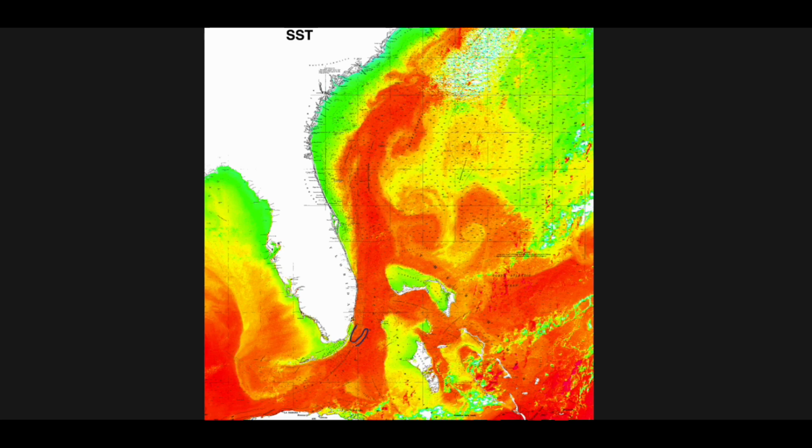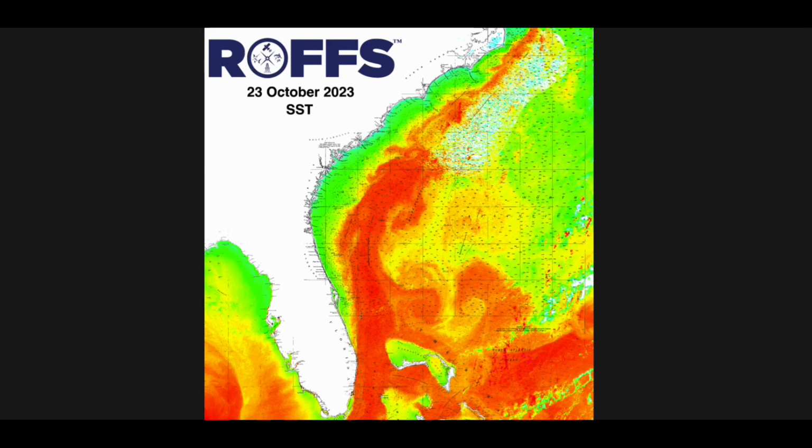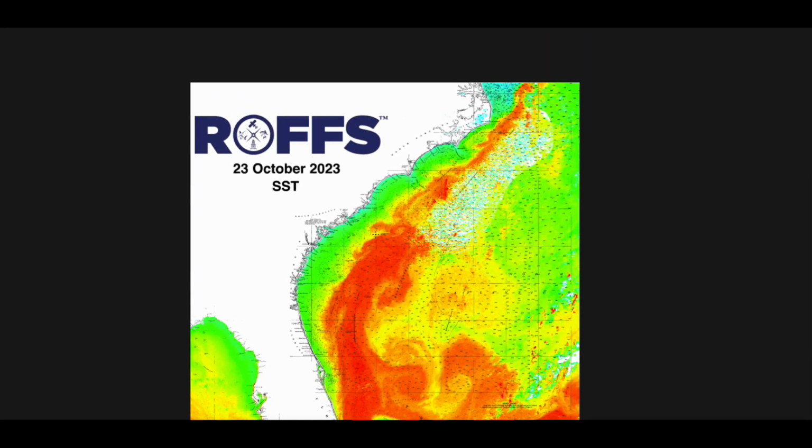To the north, it's a little bit difficult to see, but we can also see a relatively large rotation through here with the Gulf Stream extending north a little bit further offshore, indicating some eddies off of the South Florida area. Looking to the north, we can again see some smaller rotations through the area. North of Cape Canaveral, a relatively large eddy here off of the Savannah to Jacksonville area, as well as a smaller rotation here off